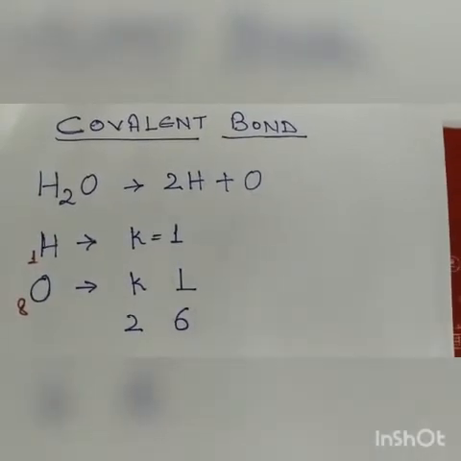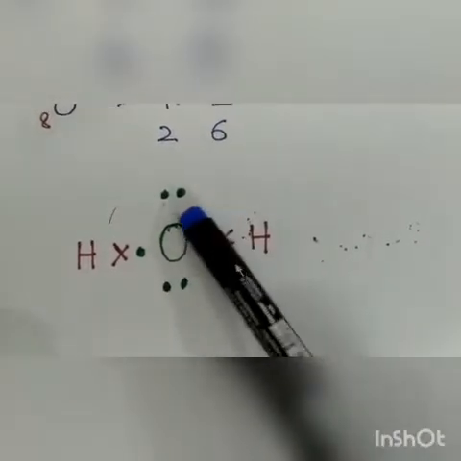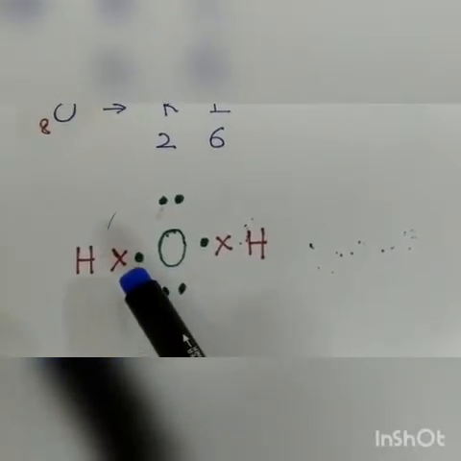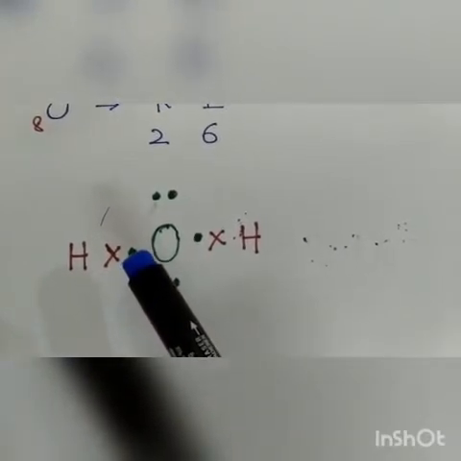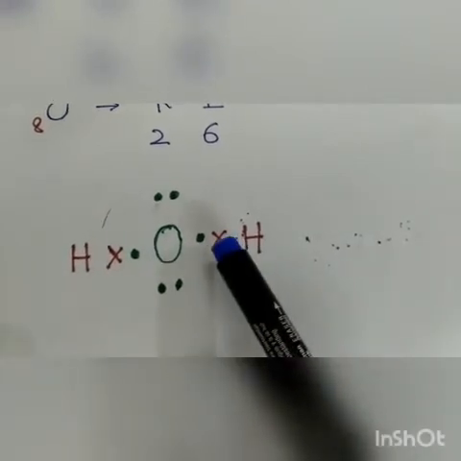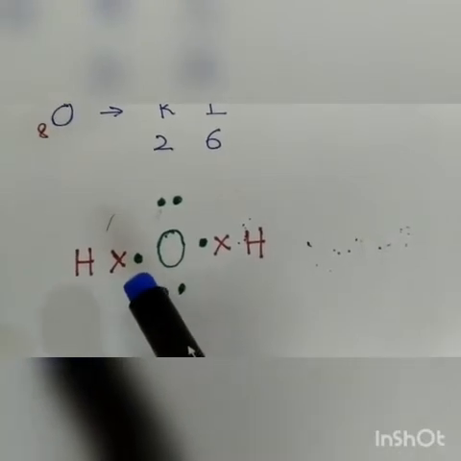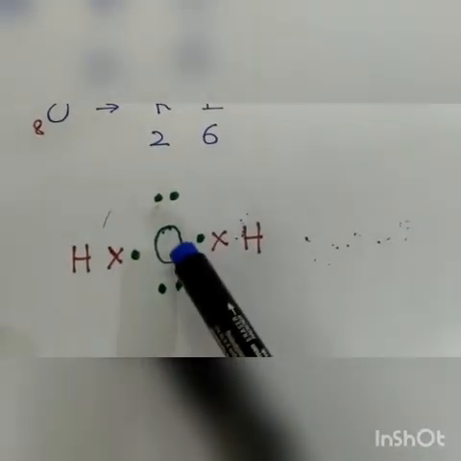Now let us see the formation of water. Here students, please see it. This is oxygen. These are the valence electrons of oxygen. 1, 2, 3, 4, 5 and 6, which is shown by green color. Just for your convenience, it would be better if you write the electrons to be shared in the center. You can write it in another place also. There is no such rule that you have to write it in the center, but just for your convenience. Okay, so these are the 6 valence electrons of oxygen.